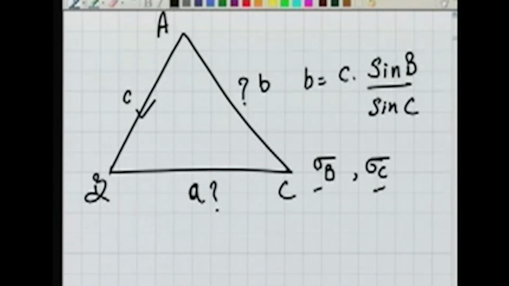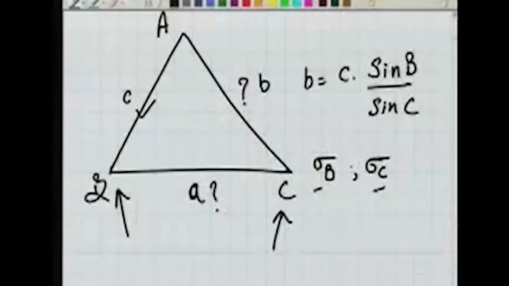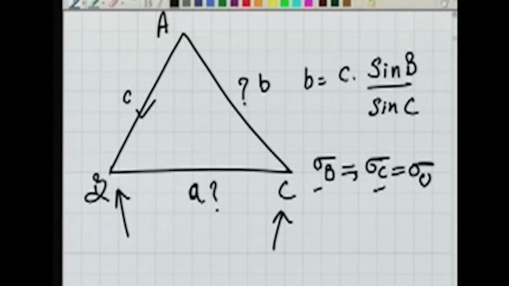We are using a theodolite in the field. Let us say the same theodolite was used in measuring angle B as well as in measuring angle at C. If you are using the same theodolite, the weather conditions, all other conditions are same, and the observer is same, so we will expect that these two errors will be same, and we can write this error as sigma theta. So this is the error in any angle measurement in my triangle. Same will be the error also in measurement of